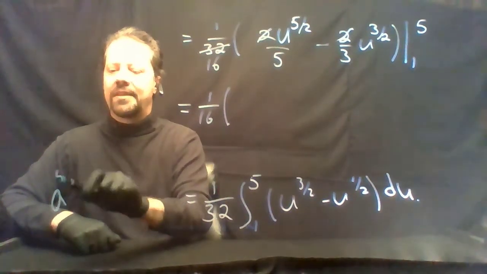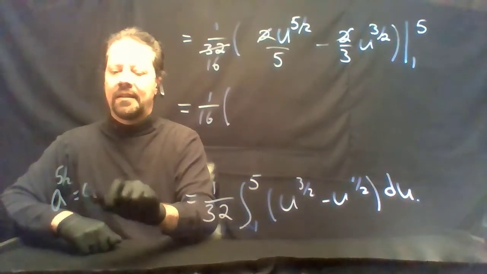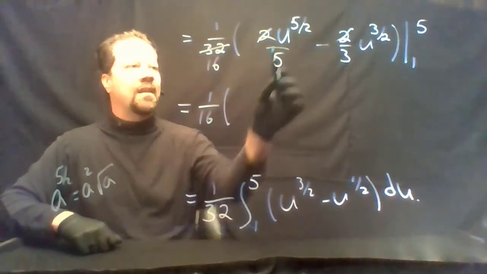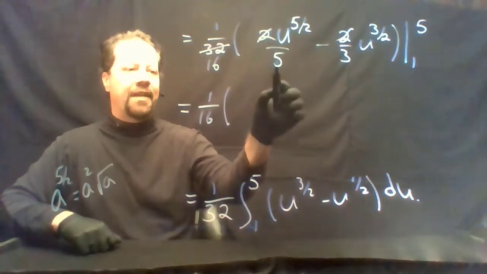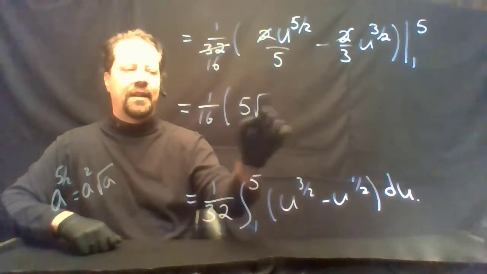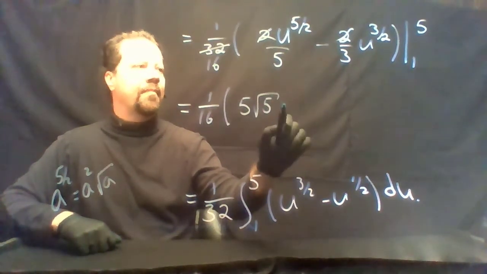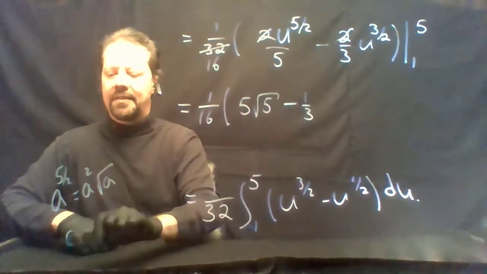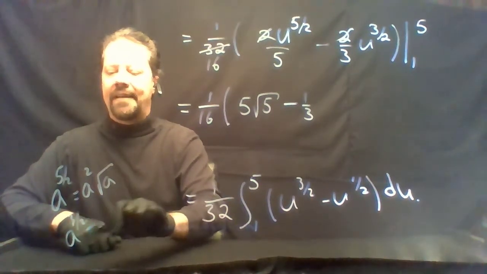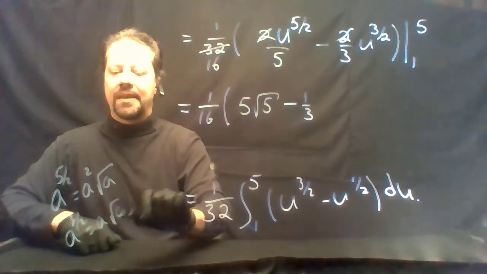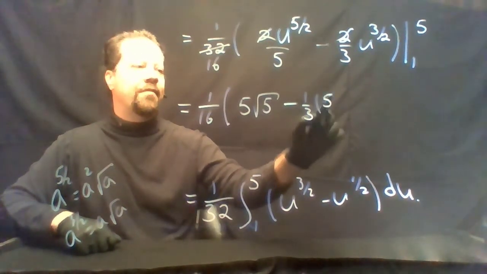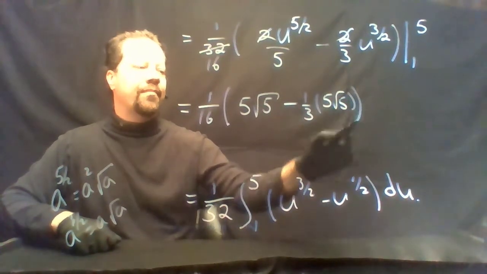Remember, if you have something to the 5/2, that's something squared times the square root of that something. So we'll have 25 divided by 5, we'll have 5 root 5 minus 1/3, and when we have something to the 3/2, we get that something root something. So we end up with 1/3 times 5 root 5